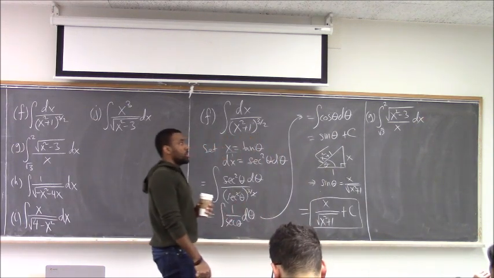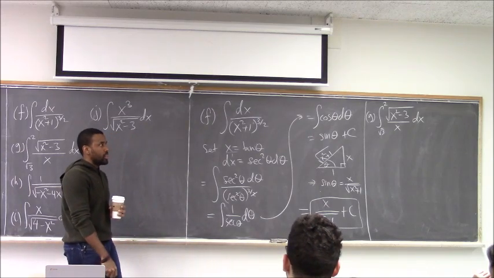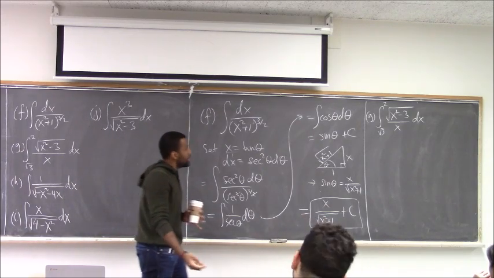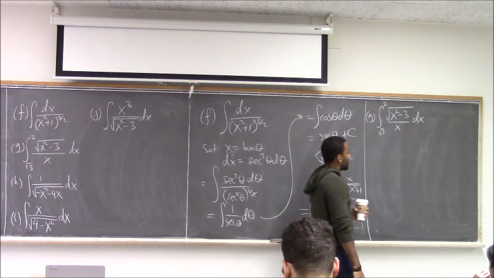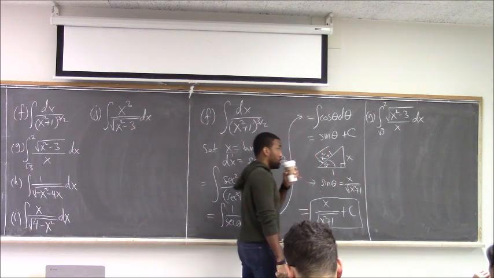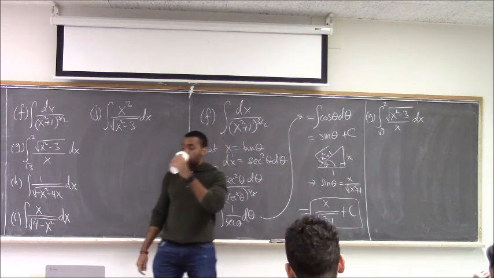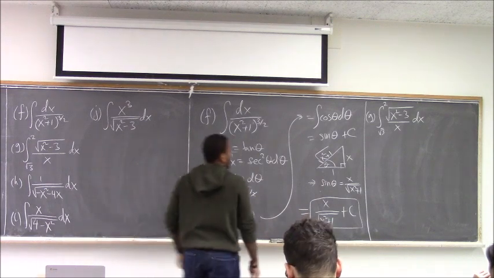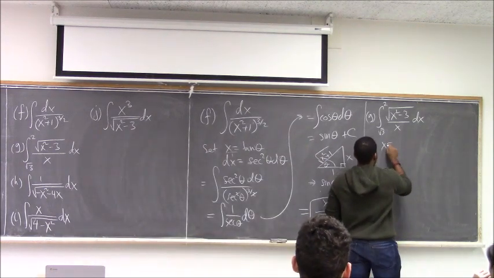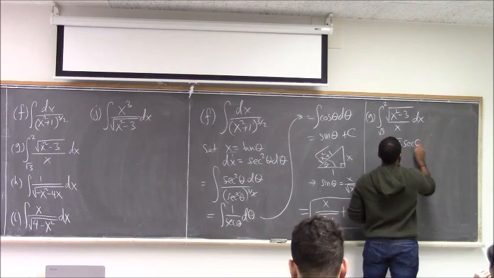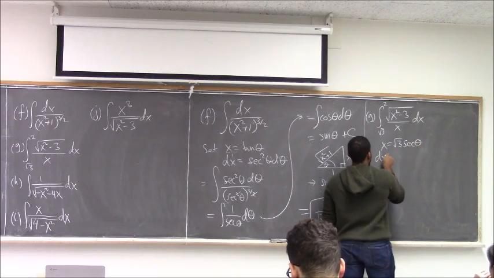Now it turns out what we're going to do in the next section could actually attack this integral, but so far we don't know it yet. So probably the best game in town at this point is trig sub. Right, x equals radical 3 secant theta. Your dx is going to be